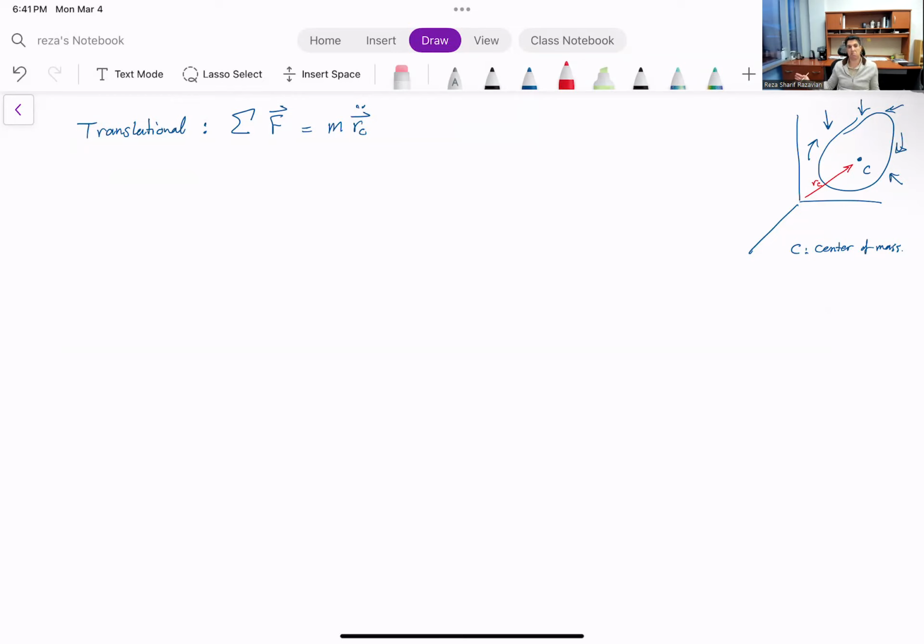So nothing has changed since day one of introductory dynamics, maybe even high school physics. This equation hasn't changed. F equals ma. Translation, nobody can touch it. Not even going to 3D, 4D, N-D. This stays the same. The rotational,